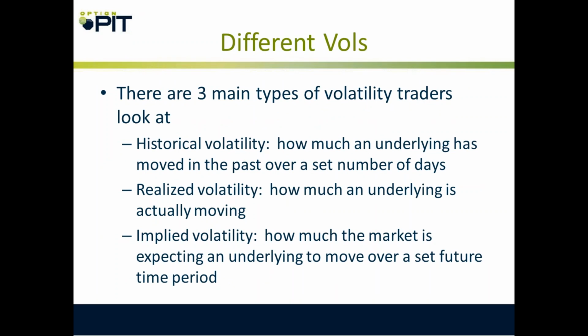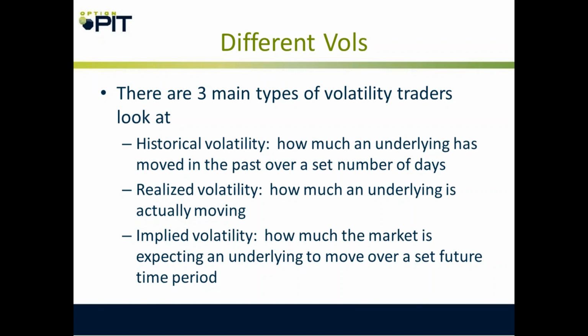Then there's realized volatility. That's how much the underlying is actually moving right now. So what is Apple doing today out of earnings? What is the volatility of Apple today? What is the volatility of Tesla on its earnings? How much is it moving? Currently, it's up 11, for those of you that care. If it's up 11 and it's a $200 stock, it's moving 5% a day. We would take that 5% and annualize it. That's a huge one-day annualized move.